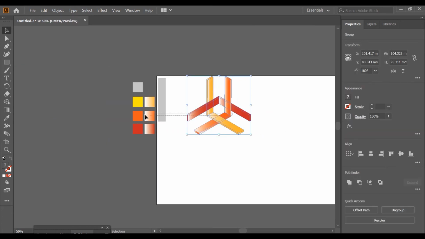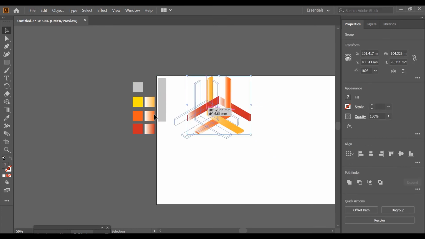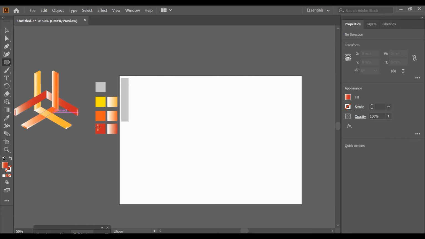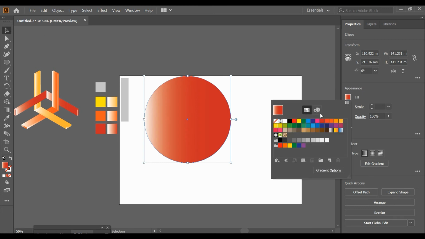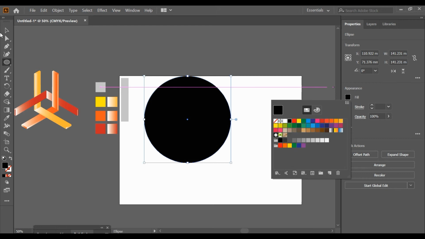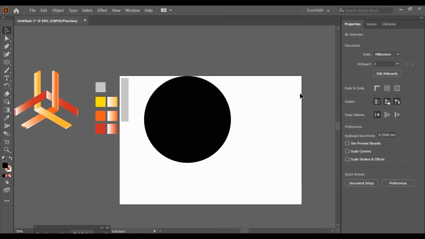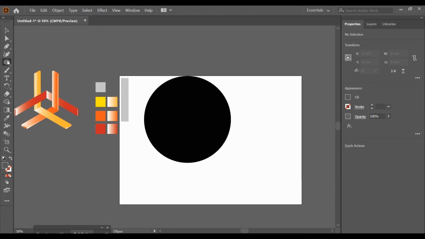Now the next one that we're going to do is by making use of the pathfinder. So for that one, let's make a circle. This circle, actually I want to make this one as a full black circle, and let's draw another circle of a bit different color. So I'll click outside once, click here once, let's change the color, let's say this one here,